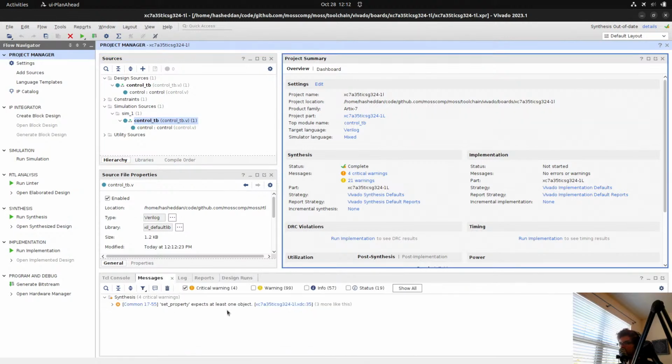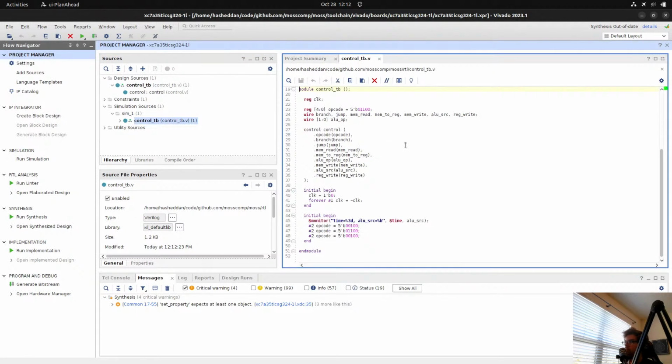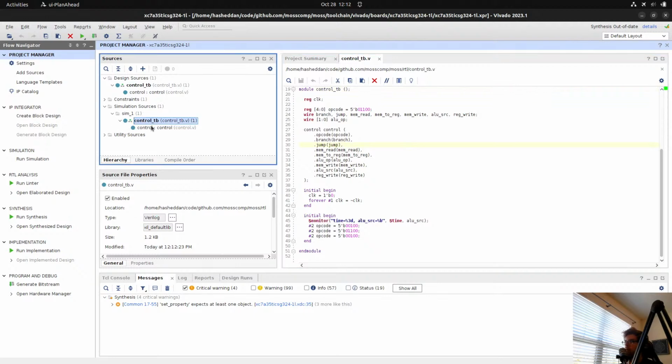For critical warnings, those are just from the constraints file. All right, this all looks fine.